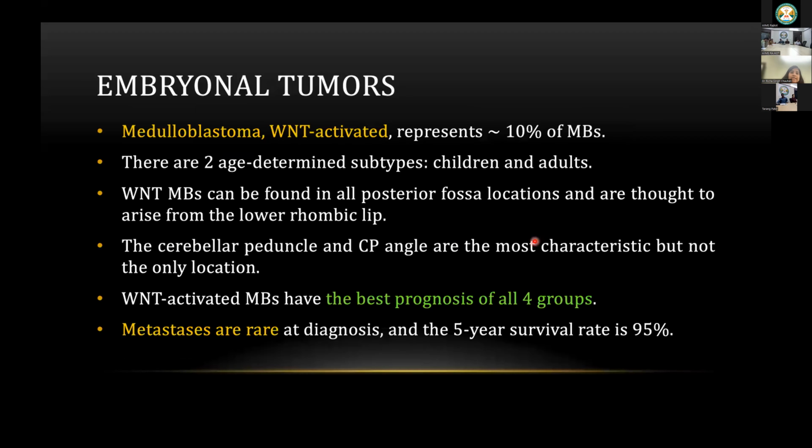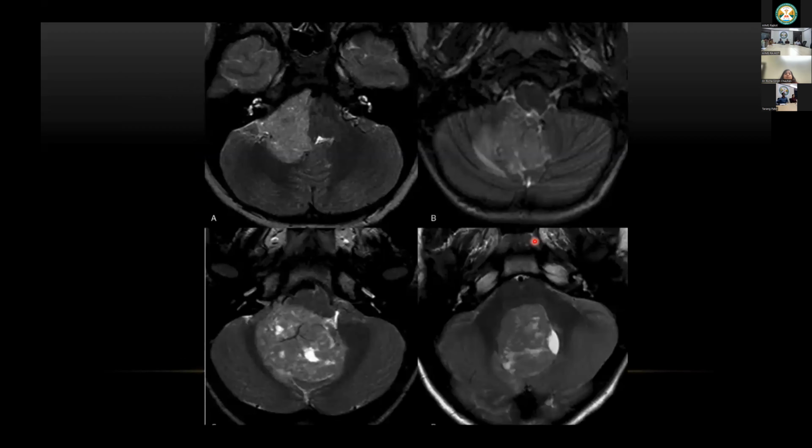So the WNT group tumors basically arise from the cells that embryologically arise from the lower rhombic lip. So these tumors are usually seen in the locations where these cells are there. For example, the dorsal brainstem, the cerebellar peduncles, the CP angle cisterns, the foramen of Magendie and Luschka, rather than a conventional description of a medulloblastoma, where the medulloblastoma was usually described as a roof of fourth ventricular or a vermian lesion. So these are 4 different examples of a WNT